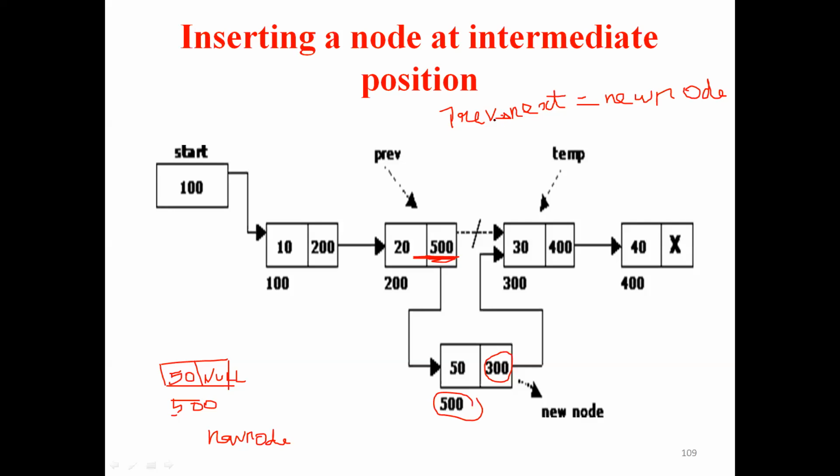Maybe because of C++ member operator, they may use like this. Okay, better here you have to use arrow. Keep it in mind. So new node arrow next